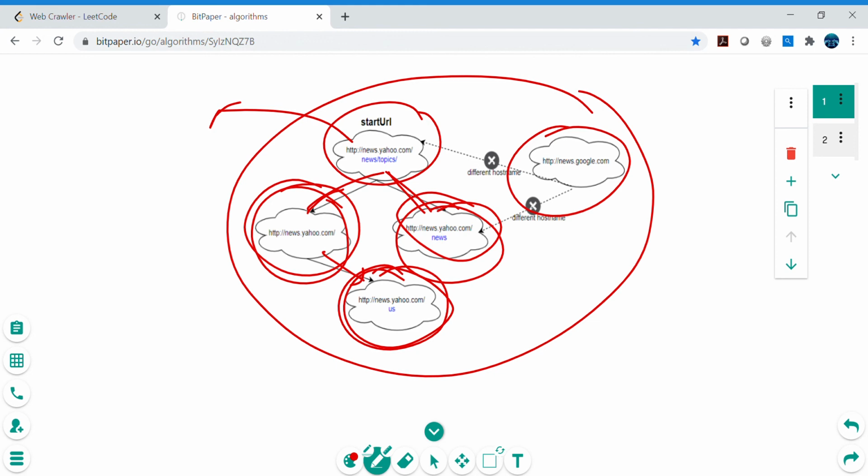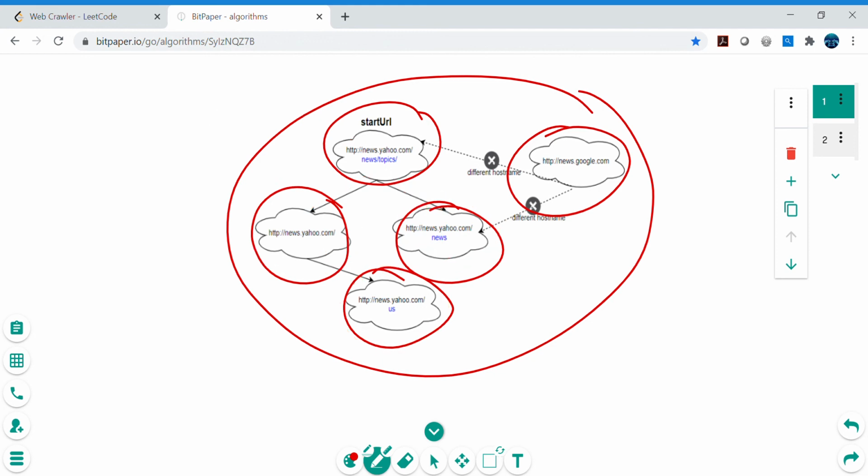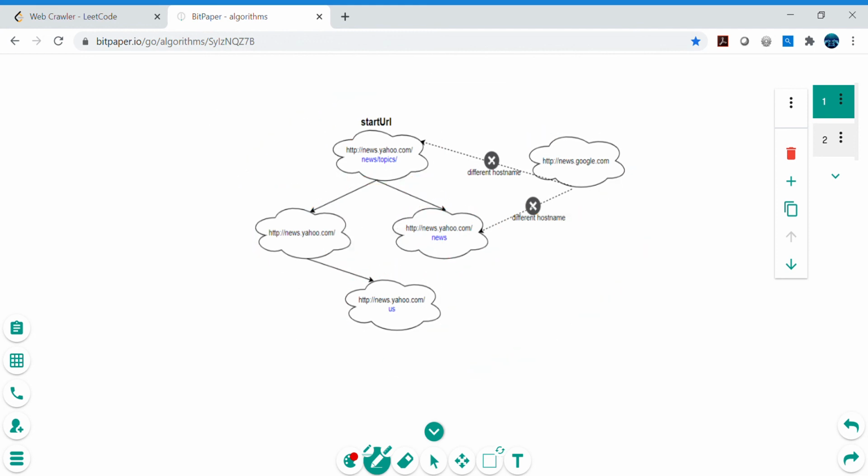So if we simplify that in graph terminology and look at it from the searching strategy, it is a breadth first search, and we can start our implementation by taking a queue. With the queue we can store the start URL, call the API, get the list, and then walk through it. This is clearly a breadth first search strategy, so we can be sure about that.